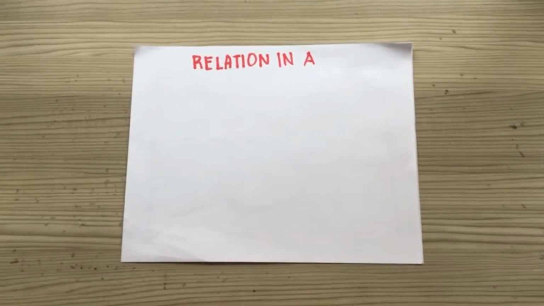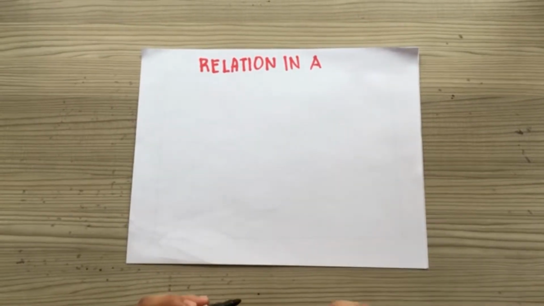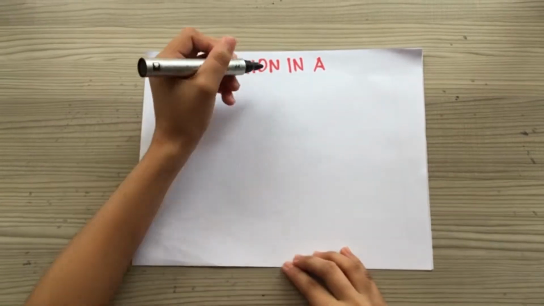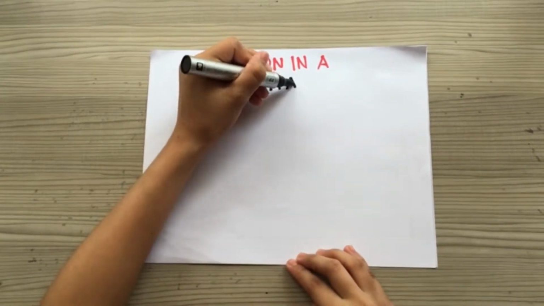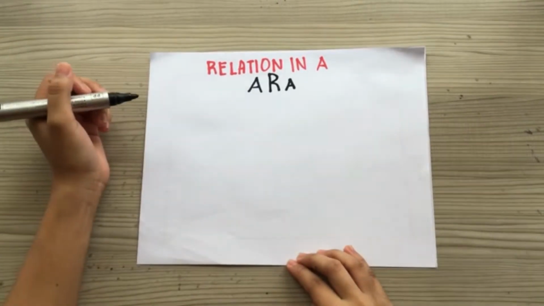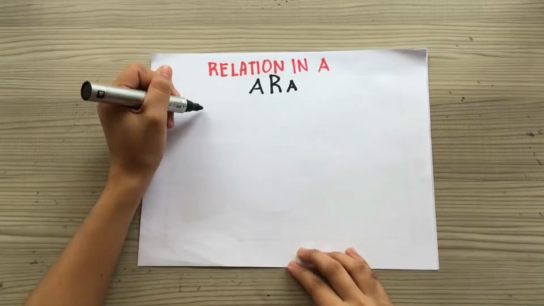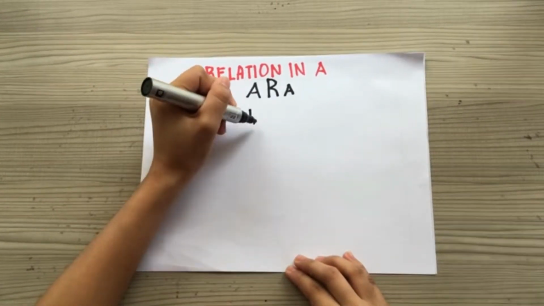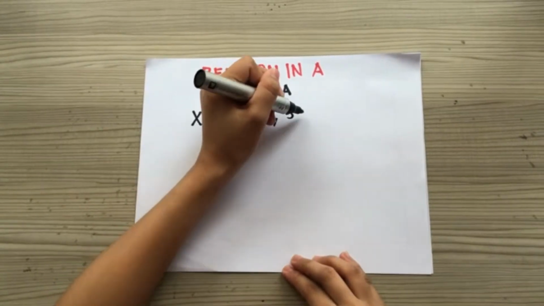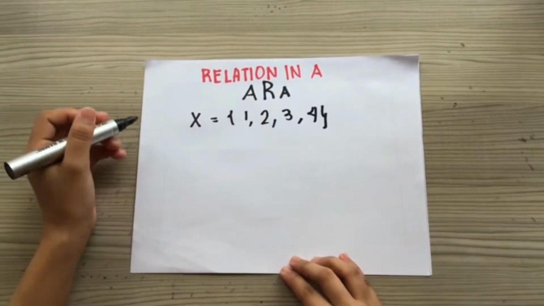Relation in A. If a set of pairs is a relation from A to A, it is said to be a relation in A. The domain and range are both equal to a subset of A. If we let X be equal to 1, 2, 3, and 4, the relation would be